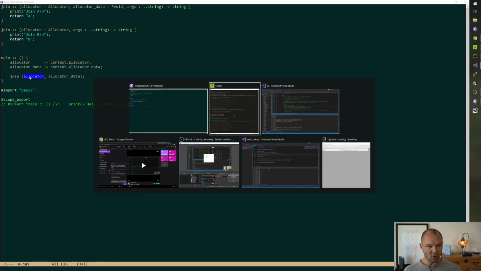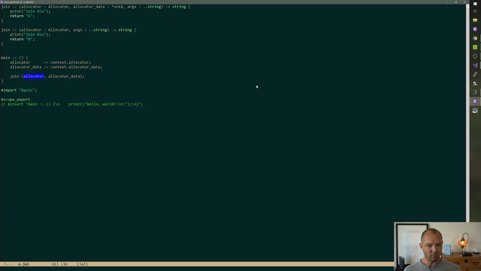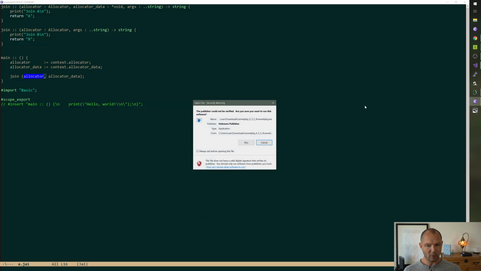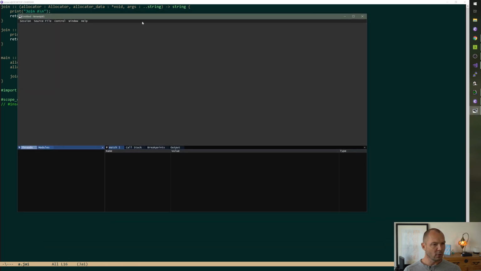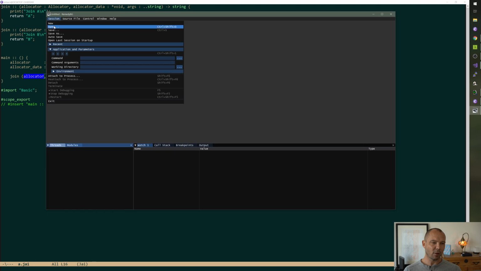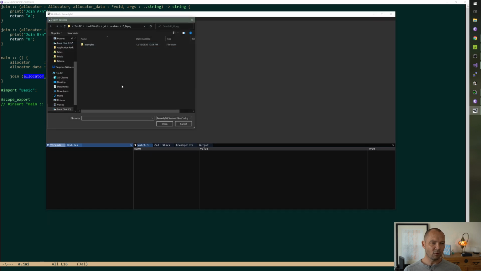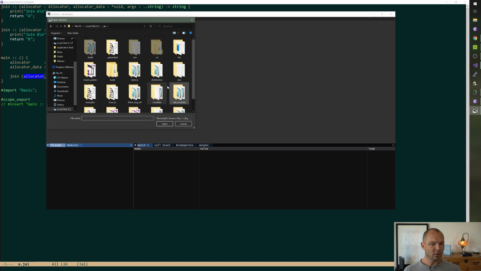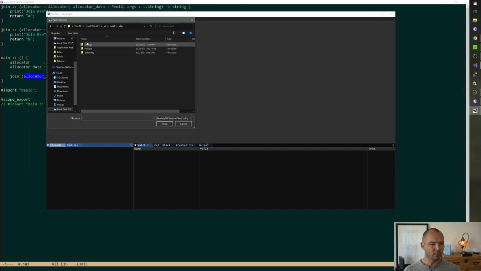Do I dare to try to debug the compiler with Remedy? Let's see what happens. I actually kind of don't want to. Let's try. Like, I never do. I don't even remember where it is. No, not release. Debug.